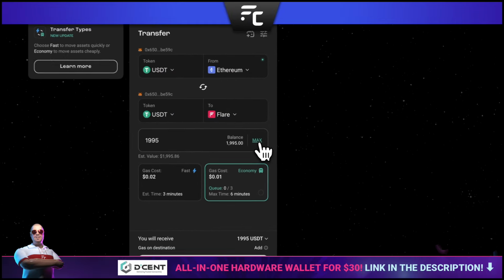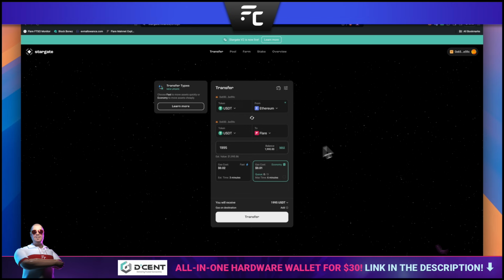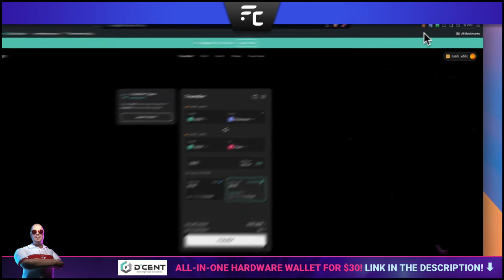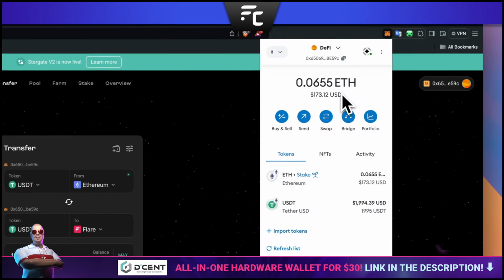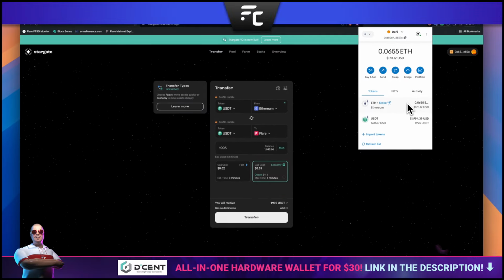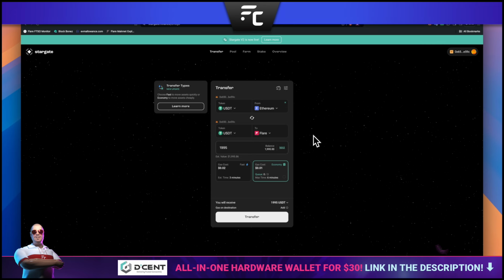Before we do get started, you may see that there is this gas cost here, and this is basically the transaction fees that you will need to initiate this bridge. So you're going to need a little bit of Ethereum as well. So just bear that in mind, and once you're all set up, you have the Ethereum network connected, you've got your USDT ready and waiting to go, all you've got to do is click on transfer,